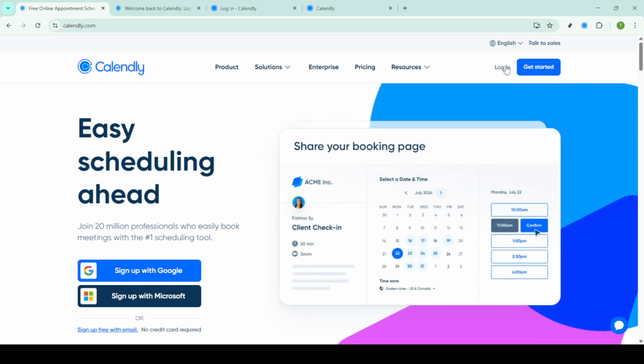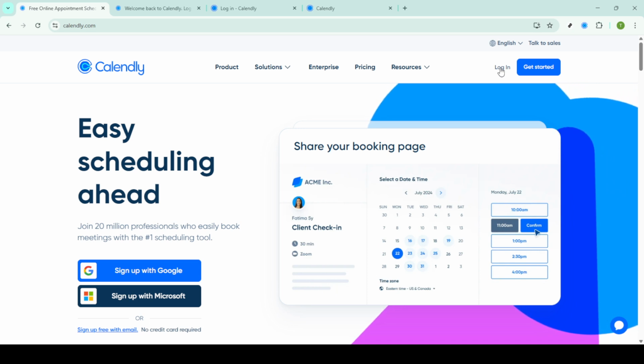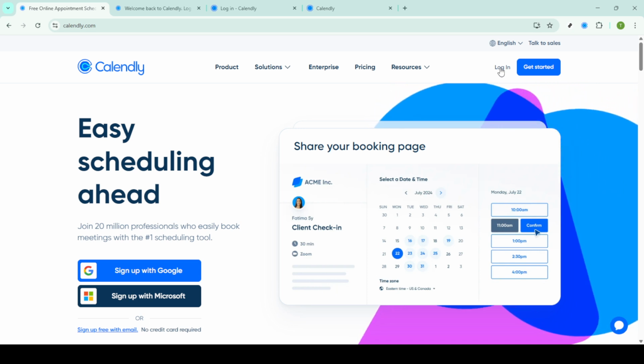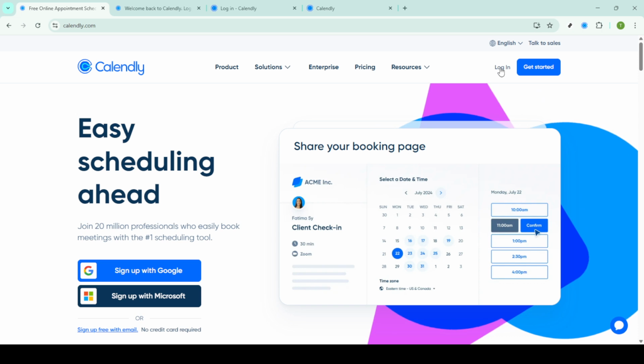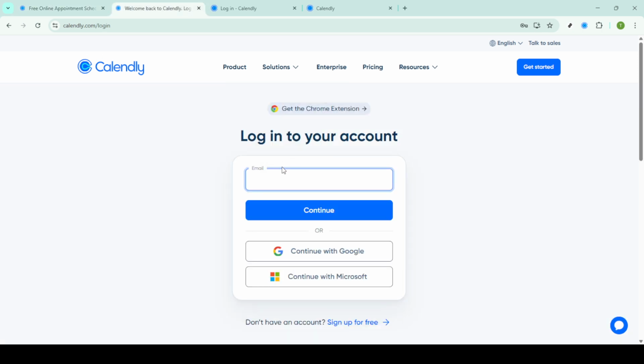It's a user-friendly platform designed to simplify the scheduling process, and starting at their homepage is the best way to dive in. Once you're on their homepage, look towards the top right corner of the screen where you'll see the option to log in. Click on login, as accessing your account is the next essential step. If you don't yet have an account, you may have to sign up first, but today we're focusing on those